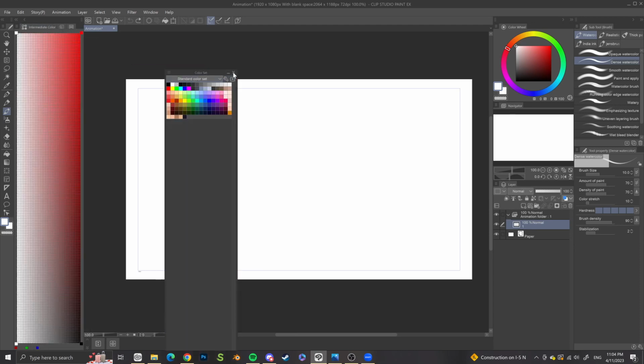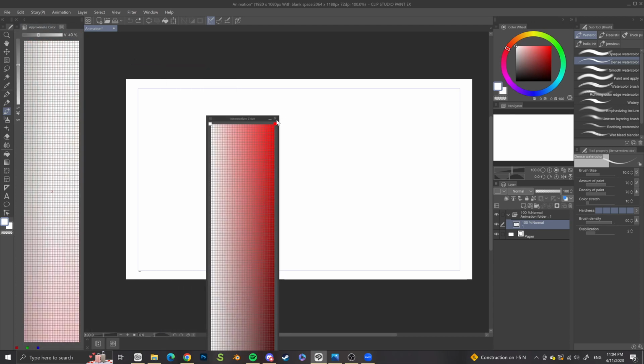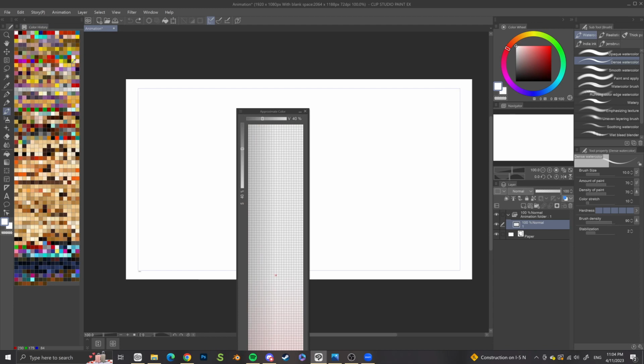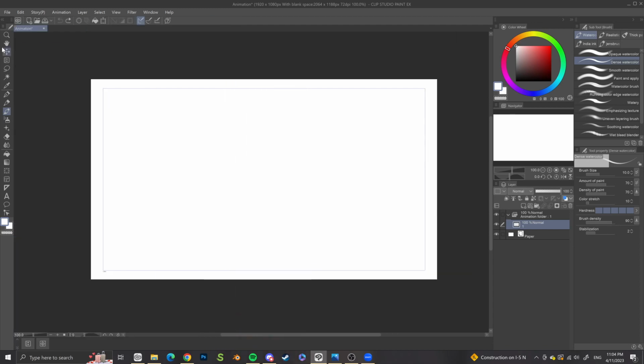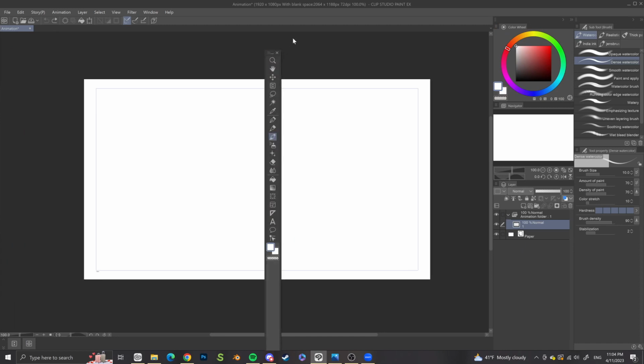To some, this might seem kind of like a boring step, but I do find that not a lot of people talk about workspace flow when beginning their tutorials on a new program. So if this is your introduction to Clip Studio Paint as a whole, then I find that it might be quite useful. The last big thing that I want you guys to focus on, besides the actual animation tools themselves,